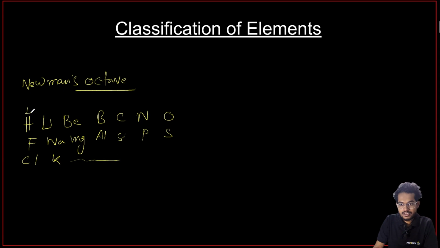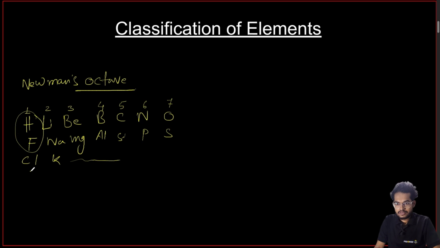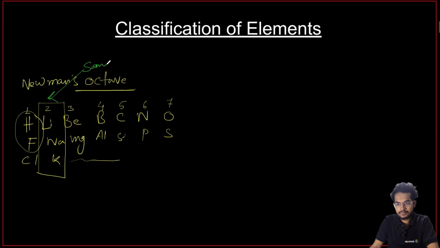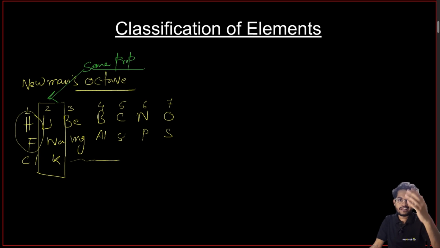As you can see, if you mark the numbers 1, 2, 3, 4, 5, 6, 7, the eighth one is repeating again with number 1. So this is what Newlands said. And as you can see, Li, Na and K have the same property according to him. In the modern periodic table, we can also see that Li, Na and K are in the same column. So the first one is the Dobereiner triad, the second was Newlands' octave, and the third one, the most significant one till now, is